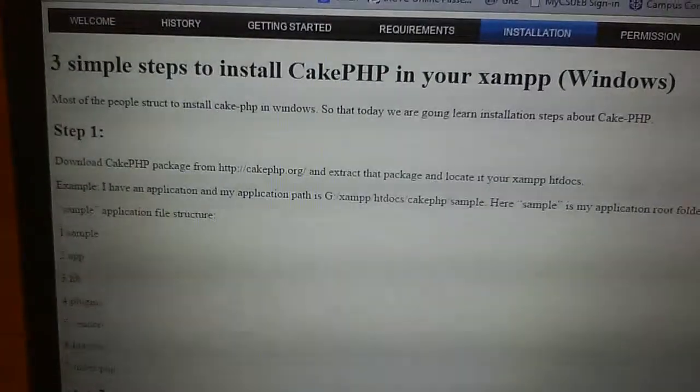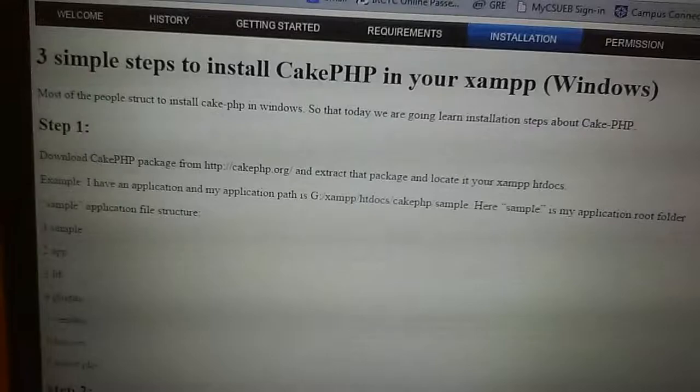In order to install CakePHP, we need to follow three steps. Step 1: first we need to download the CakePHP package from cakephp.org and extract it. Then we need to place the package in the XAMPP htdocs folder, in a sample folder.